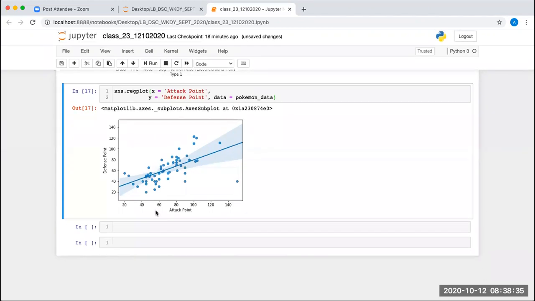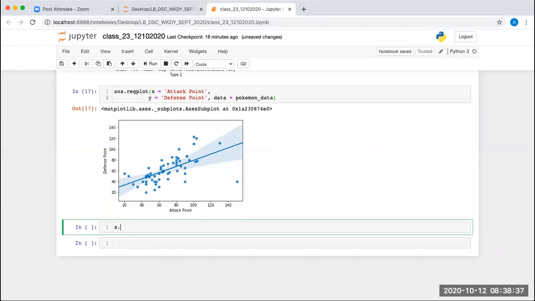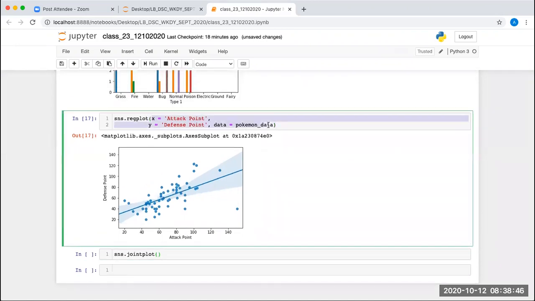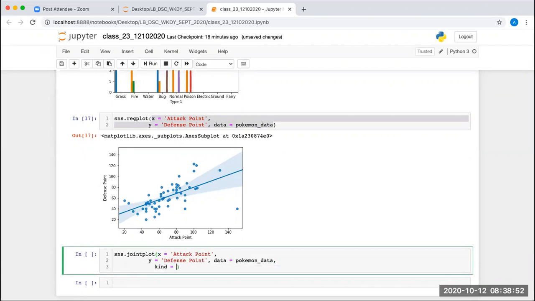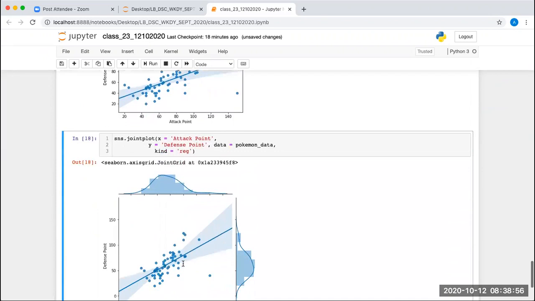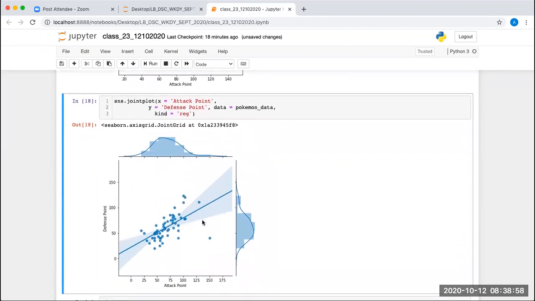Okay, so now let's see how you can use this SNS dot joint plot function. In this you have to pass again X, Y, and data value. And kind we are passing here as regression, right? Because as I said, bivariate analysis can be done better using the regression analysis. Okay, fine.